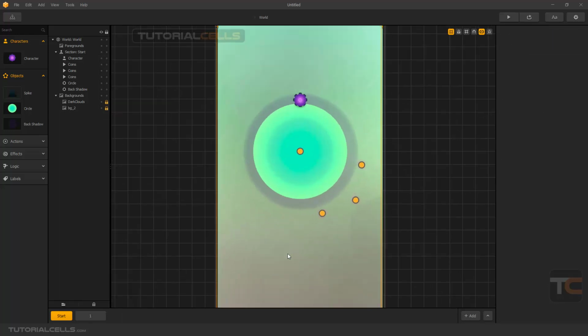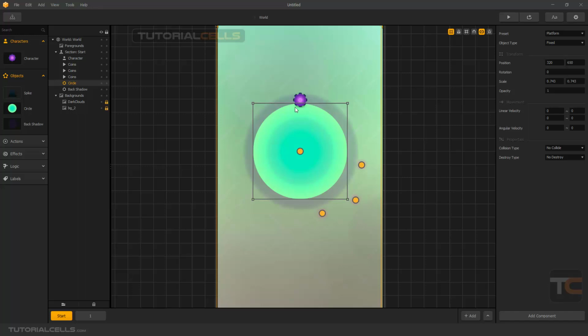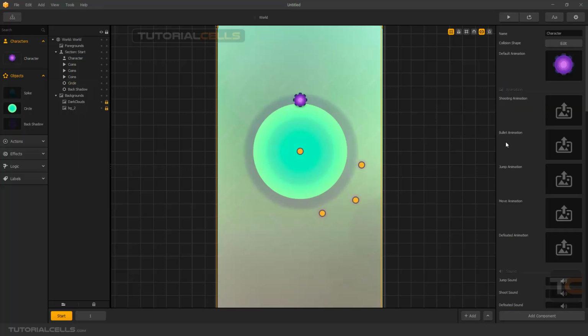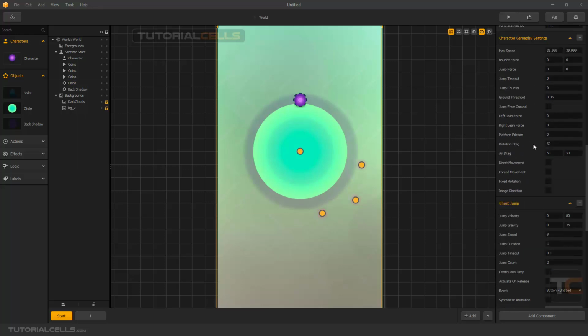Okay, so as you can see, this is our character, and the center of the character is exactly the center of this circle. So the character can rotate around its axis. But in a character setting, in a gameplay setting, we don't have anything. We don't have anything